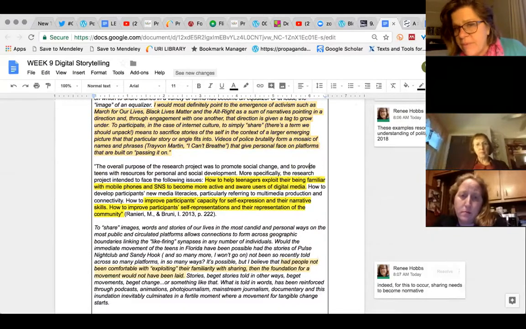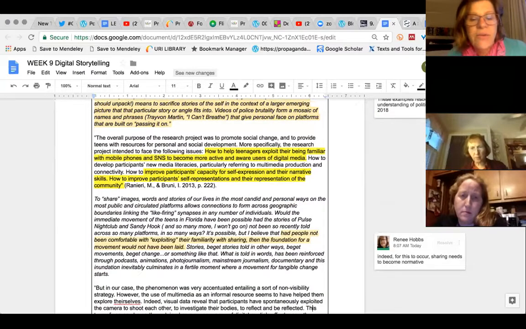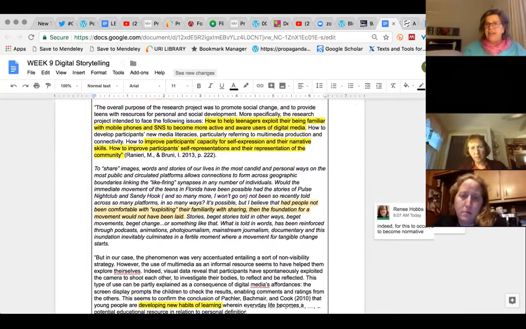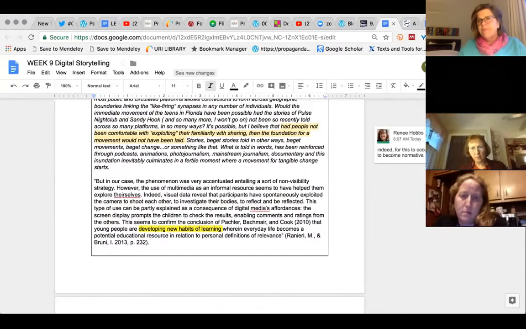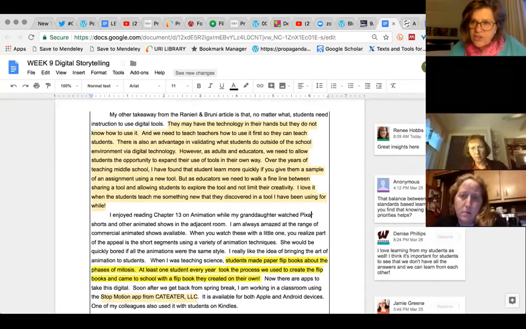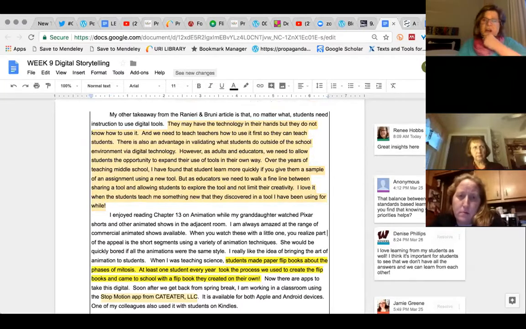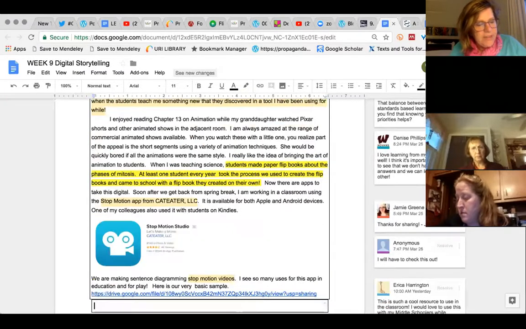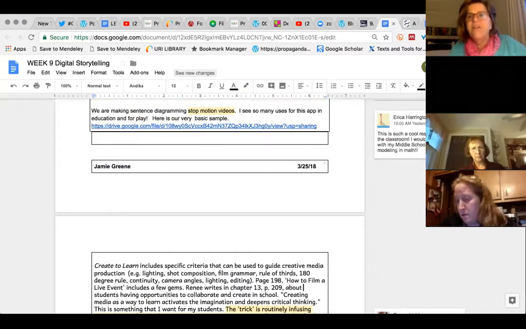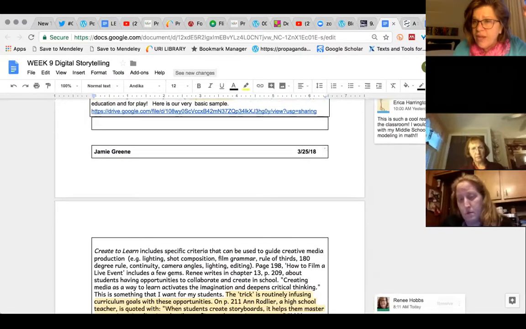And of course, I went through and made yellow highlights for the ideas that you shared that I thought were really interesting. And in some ways, I think that the challenges of the project that you're involved in this week, your digital storytelling project, reveal some of the complicated tensions and paradoxes here. So one of the topics that struck me as something that you're going to deal with is